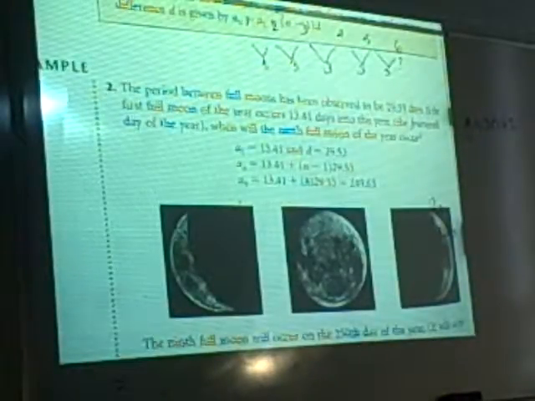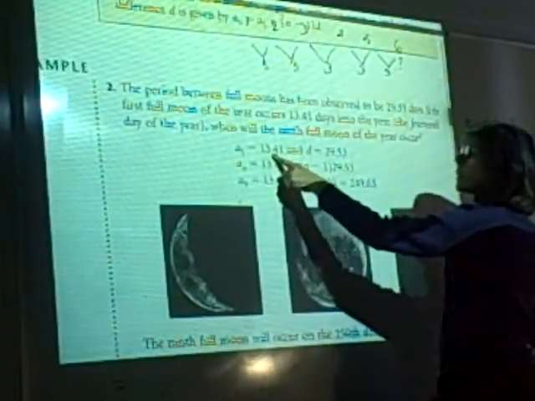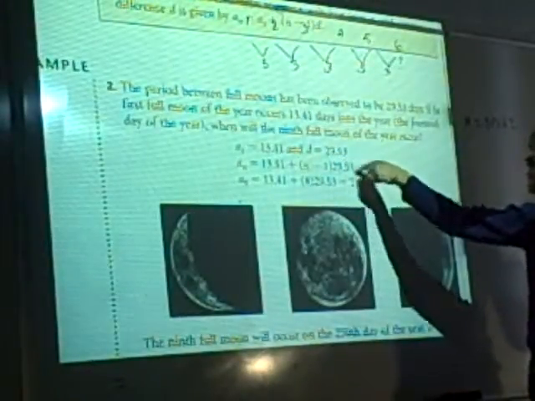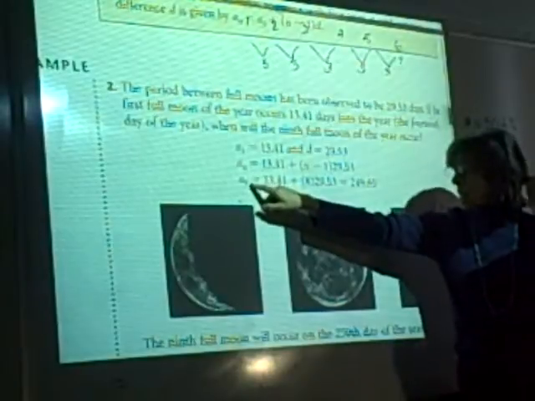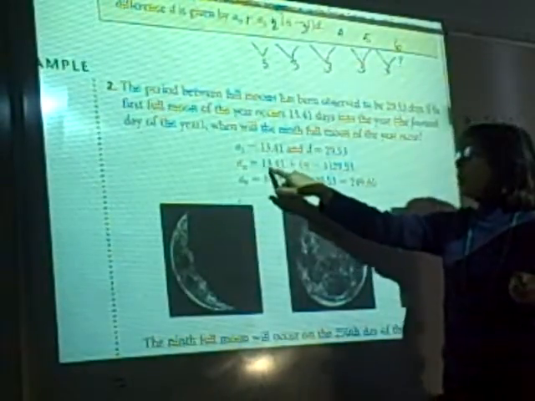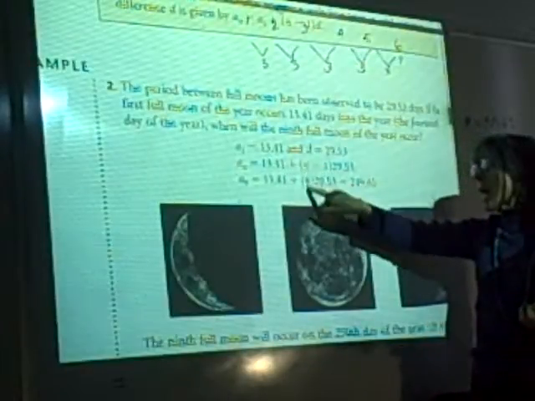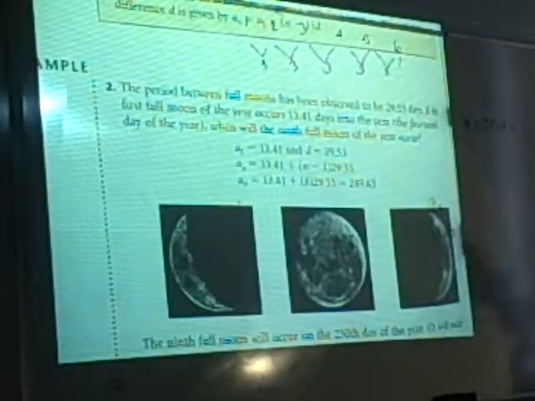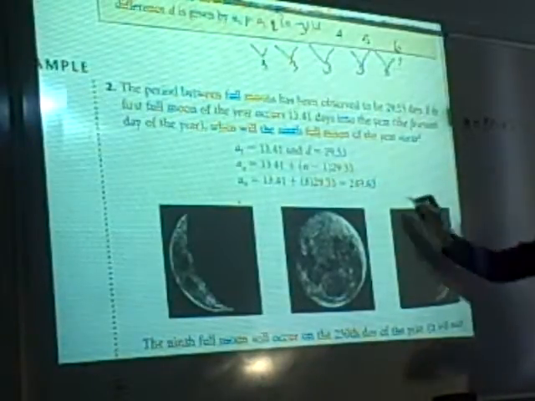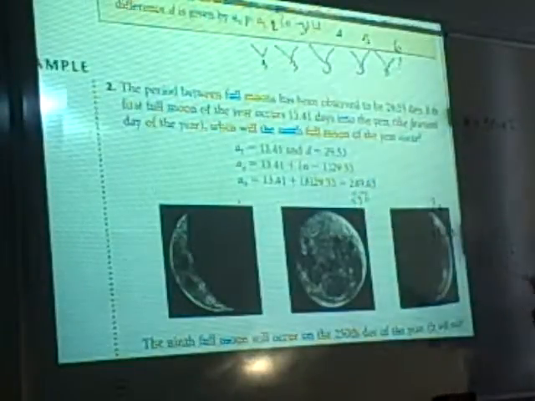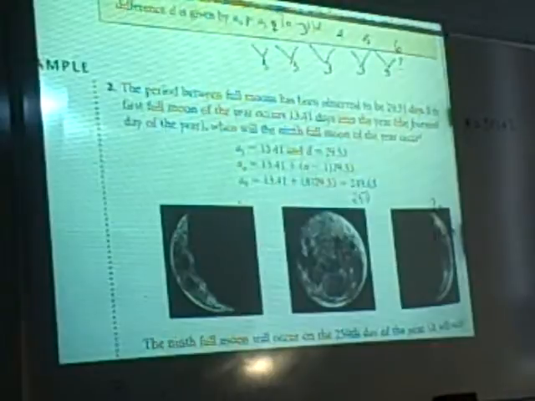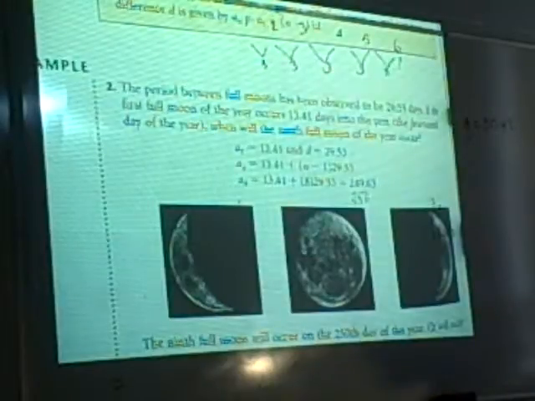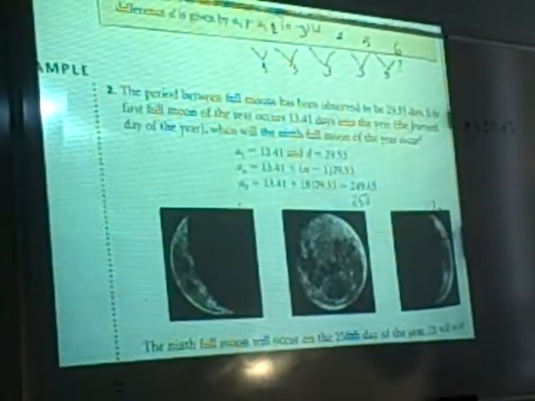I just lost my marker. And it's going to be, if I know that the first one is at day 13.41, and the common difference is 29.53, doesn't it make sense that the 9th term will be the first one plus 8 times that time, and it would occur on the 249.65 days, so I would probably round that out to what? The 250th day of the year? Yes? Okay, so that's the lesson for today. And it's just understanding the notation, and